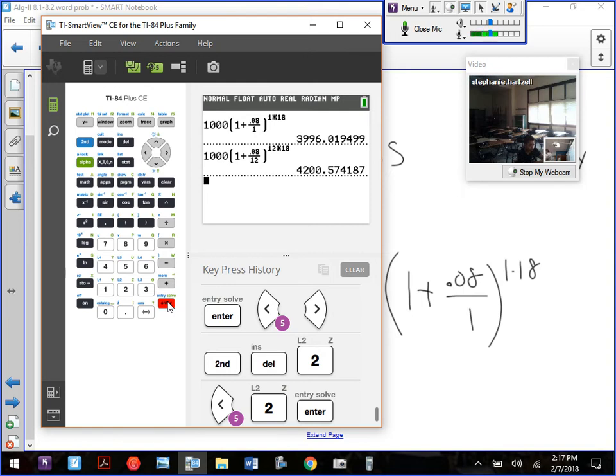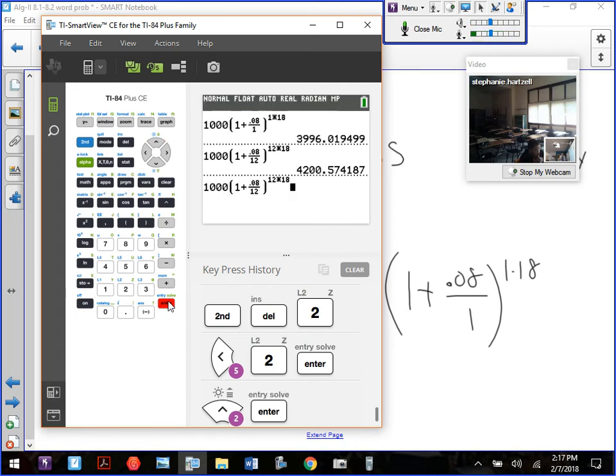Oh, I'm sorry. You want to figure out how many hours are in a year, and then put that in. That'll be your n, because it's going to think about how many times it compounds per year, how many hours are in a year, and then you multiply that times the 18. So your n value would be 365 times 24, and then you multiply that again by 18 for the exponent. And I'll show you how it looks. Okay, there you go. If I do that again,